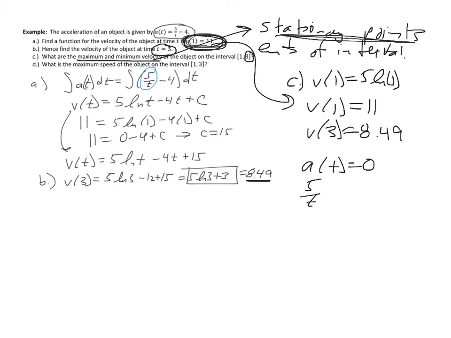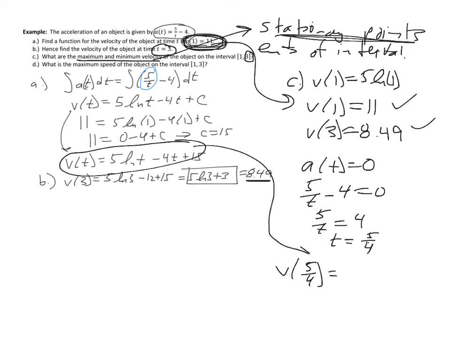If I had 5 over t minus 4 equals 0, that would give me 5 over t equals 4. Moving some things around, t would be 5/4. And so this is another value that I need to check. I know this one, I know this one. When I do v of 5/4, if I just take 5/4 and plug it into this velocity function using my calculator, so 5 natural log of 5/4 minus 4 times 5/4 plus that 15, I got this to be